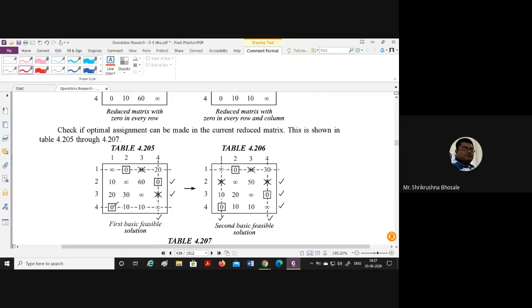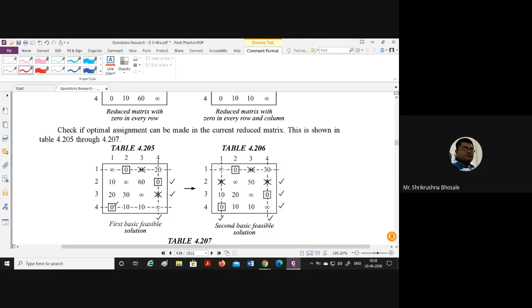As the allocation is not proper, we have to use our rule: find where allocation is not there, mark that row. In that row where 0 is present, mark that column, and where allocation is made in that column, mark that row, and then draw the lines. After drawing the lines, whatever the remaining numbers are, find the minimum from those, subtract it from the remaining numbers, where lines cross, add it, and where a line passes, no change. After that, you go to the second solution.